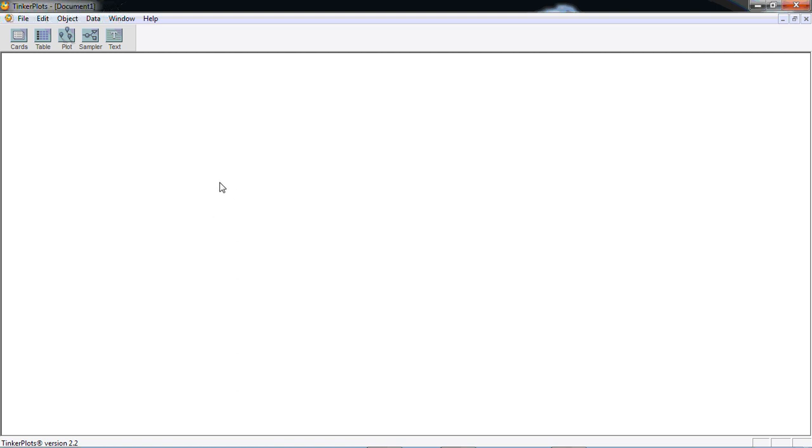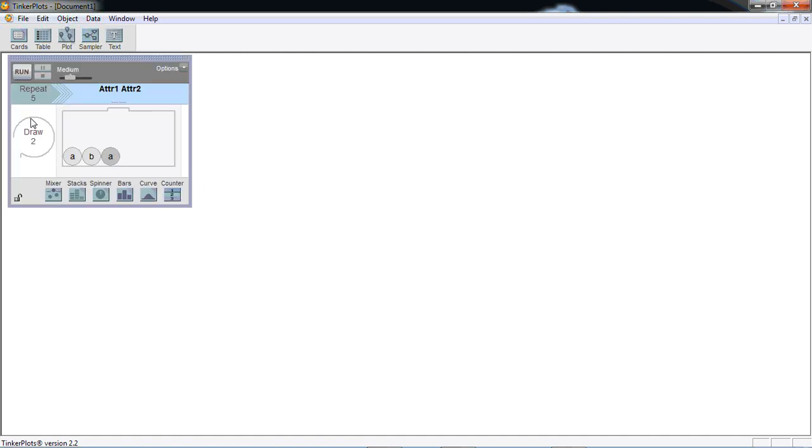I'll be now demonstrating a simulation for the investigation of the outcomes of tossing two coins. So first we'll need to build our sampler. This time I'll use a spinner,